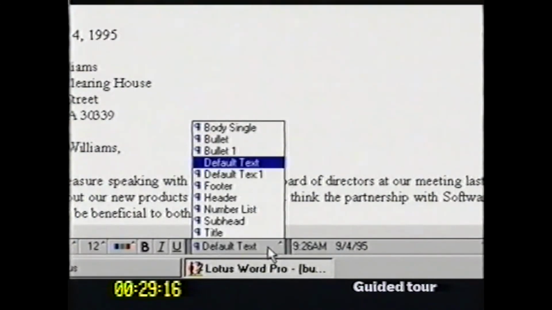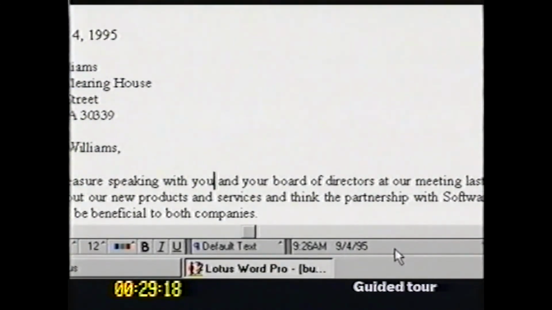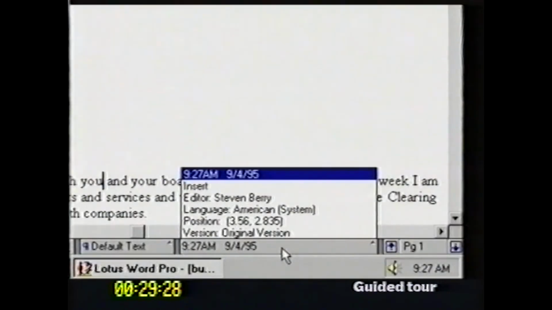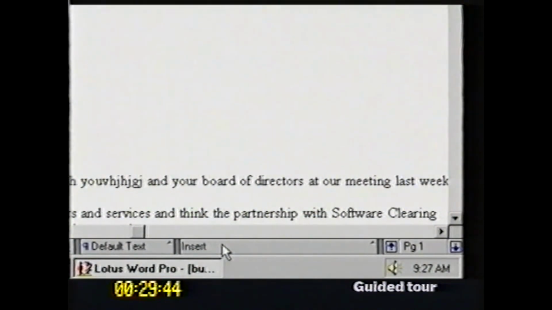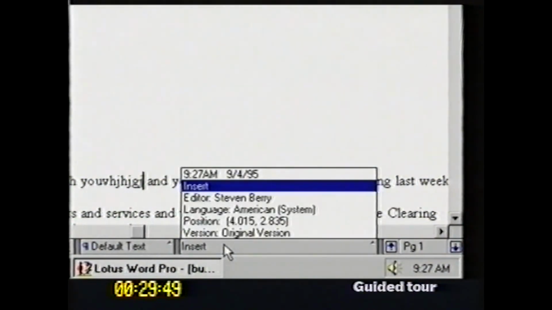And finally, you've got the time and the date showing, for forgetful people. Yes. This bar here just shows the time and the date, which is probably the most useful thing to have viewing. If you click on it, however, it gives you a few different choices that you can choose from. For example, if you choose the next option here, it's changed to show, it says insert, and that's because Word Pro works automatically in insert mode. So as I type, it inserts. Right. If I were to click on it again, then I can change